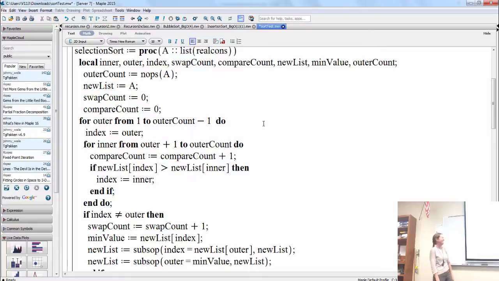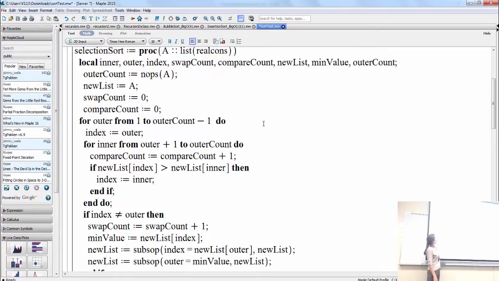And I had one all color-coded, but it wouldn't open here today. But what do we see? We see a for loop within a for loop. And what do you notice about these for loops? They look just like the bubble sort for loops. Okay, so they're the exact same for loops, so that's why they had the exact same times for comparisons. Okay, but what do you notice about the swap?